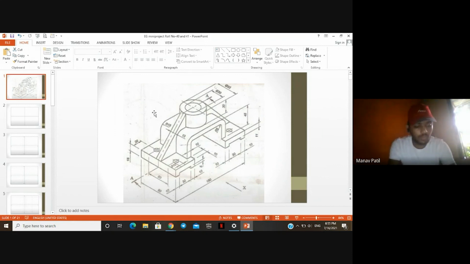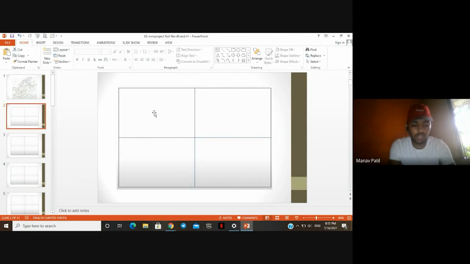The total length of the object is 180 mm. The total height of the object is 86 mm, and the breadth is 90 mm respectively. At first, we have to draw x and y axis as shown here. Then, at a distance of 20 mm, we have to draw perpendicular lines on both the sides of x and y axis.